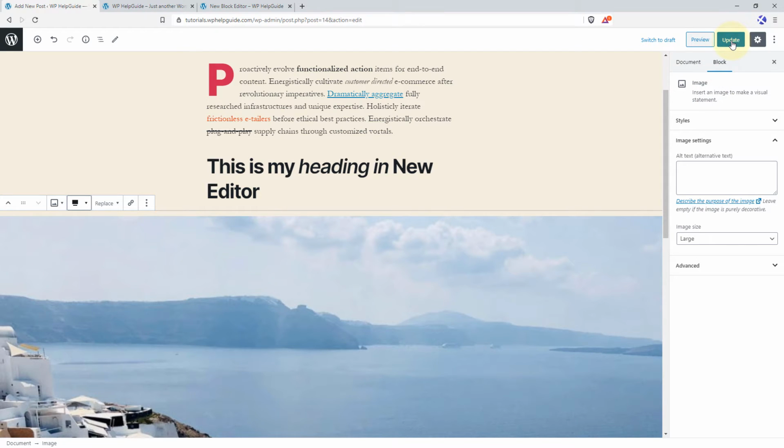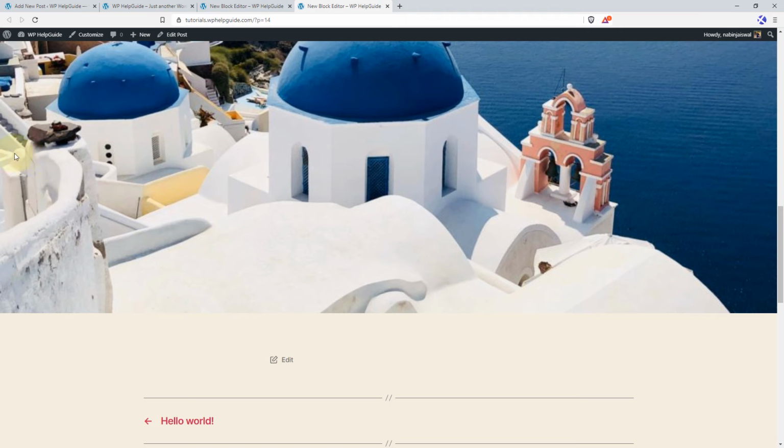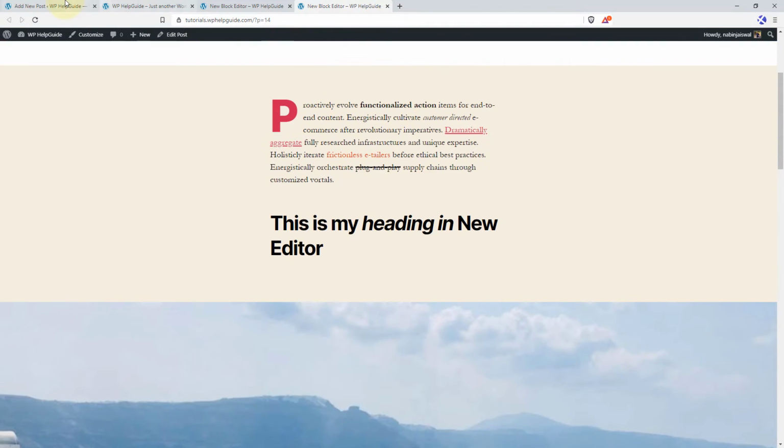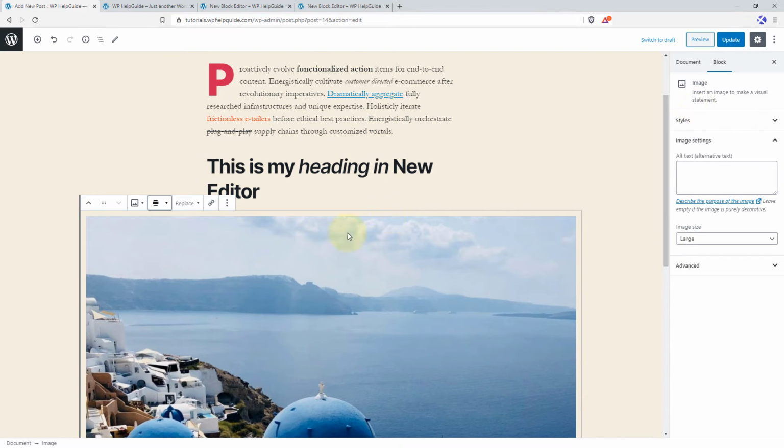So let me update the post and show you how it looks like. So view post, and as you can see here, it occupies the full width of my viewport. Back to our editor, I'll just go with the wide width, and on the right hand side you get the